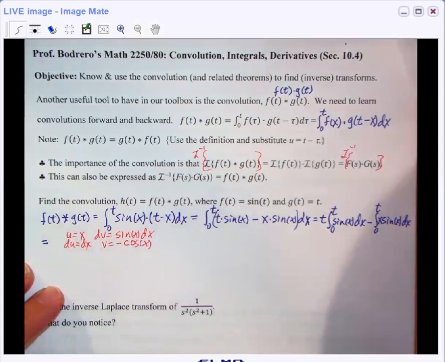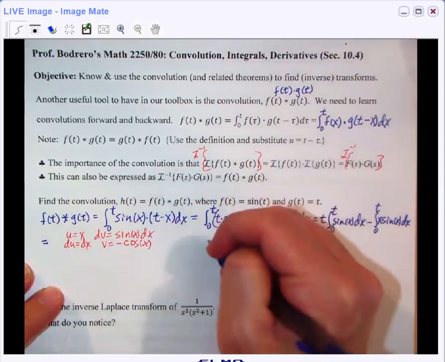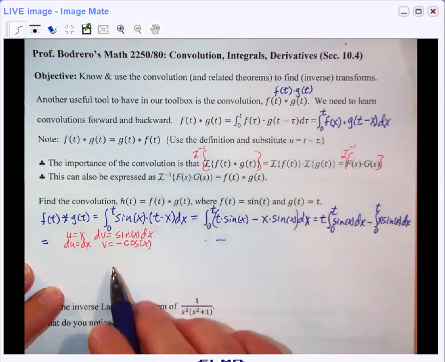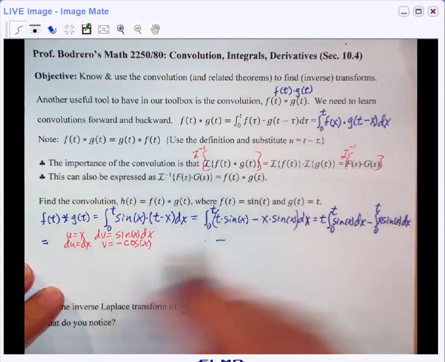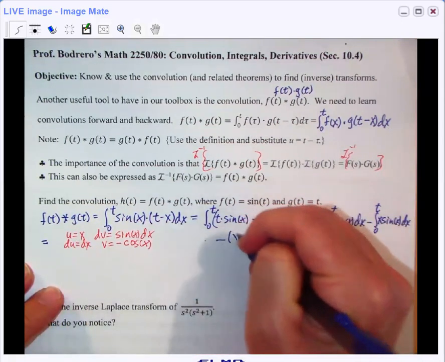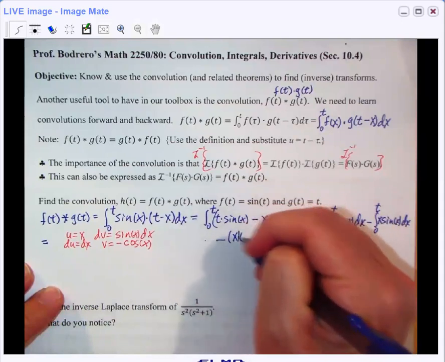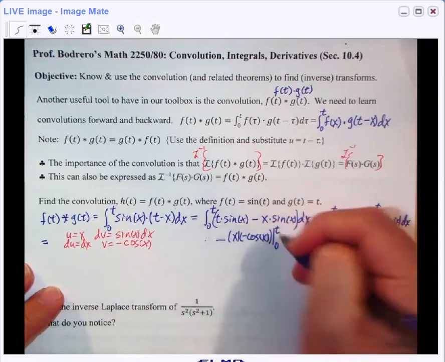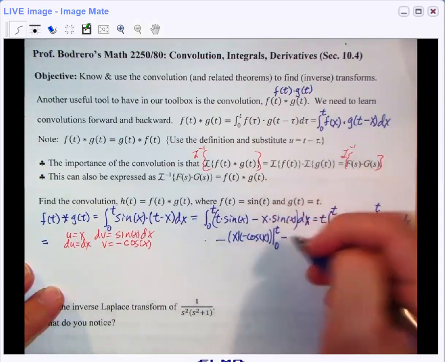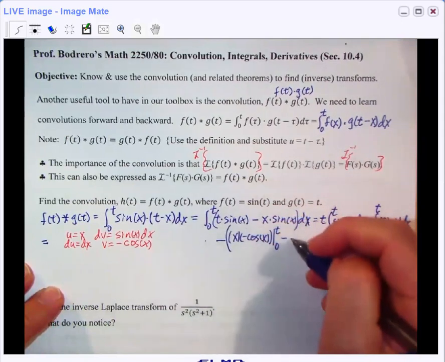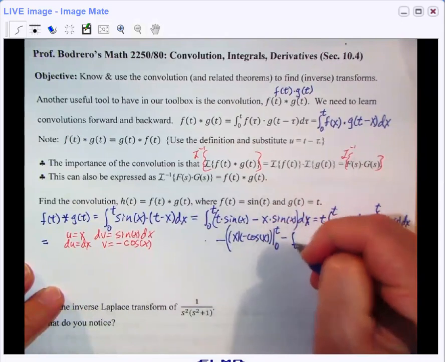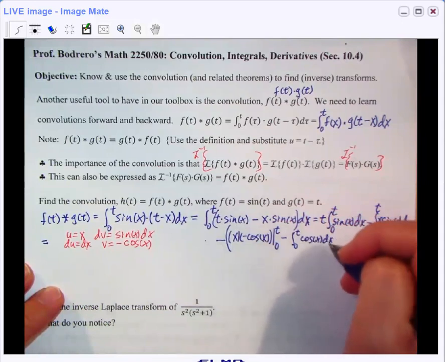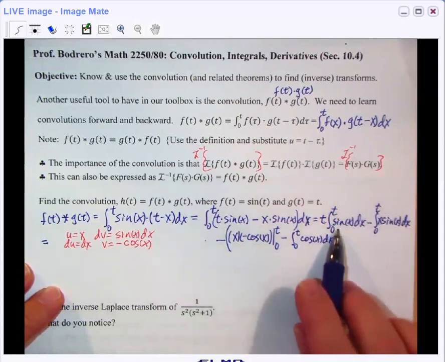So this second piece, using integration by parts, is minus, because of this sign, the integral of u dv is equal to uv. So we'll have x times negative cosine of x, evaluated from our limits of 0 to t, minus the integral of v du, which is the integral from 0 to t of cosine of x dx, which is easier to handle. And then let's not forget our first guy right here, which was